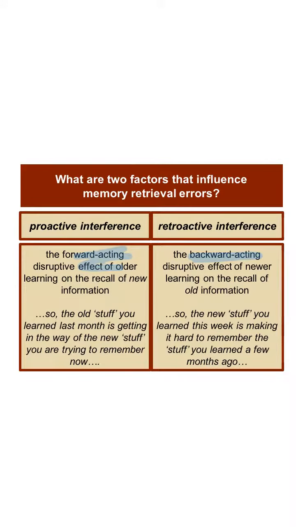So perhaps the fact that I know it in Spanish is interfering with my ability to learn it in English, a language I learned afterwards. So that would be proactive interference because I learned Spanish first. And sometimes I experience the complete opposite. Sometimes, the more years I live here, I have the inability to recall a term in Spanish that I definitely have stored in long-term memory. Yet because I know the term in English, that particular piece of information is interfering with or disrupting my ability to remember something I learned prior, and that would be retroactive interference.